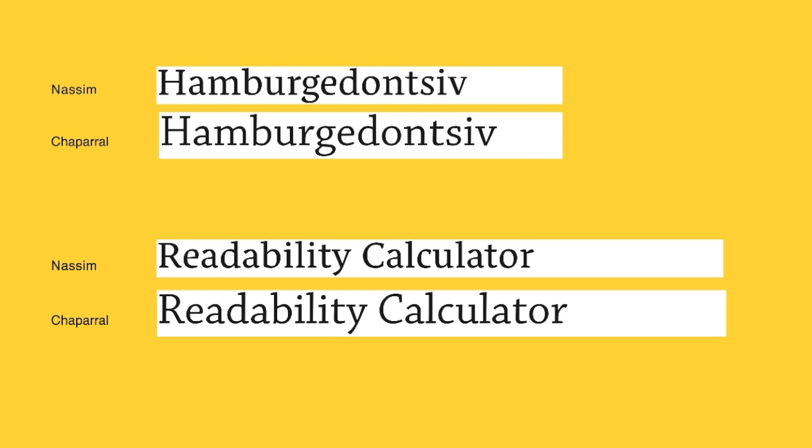So what's the conclusion we can say? We can say that Nassim is much toothier, it's higher contrast, so it's a bolder color. It feels heavier on the page relative to Chaparral. We put similar weights on spec on the same page, but it has a certain toothiness and bite to it that might make sense compared to what other typefaces you're using in a display context that might work well with Nassim. While Chaparral, because of its lower contrast, its more regularized typographic system for how weight is distributed, its vertical contrast,